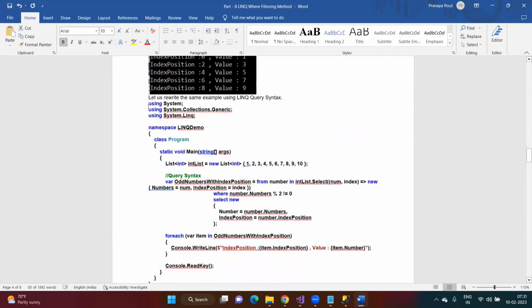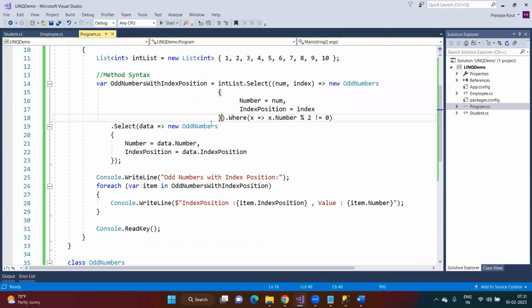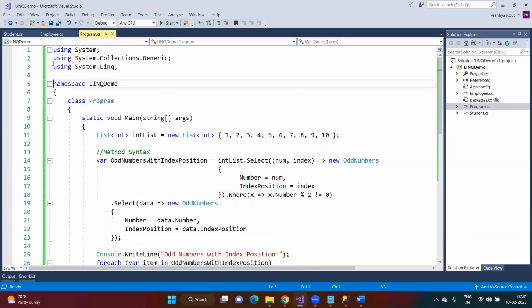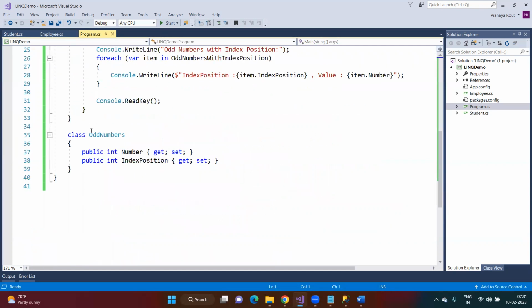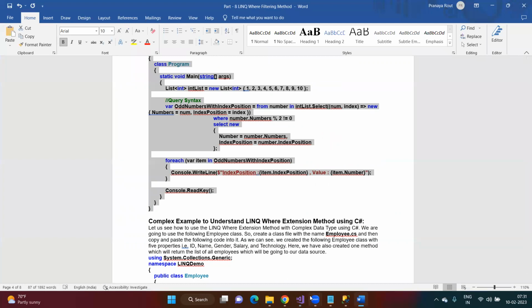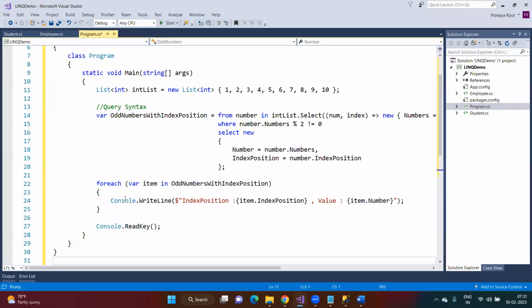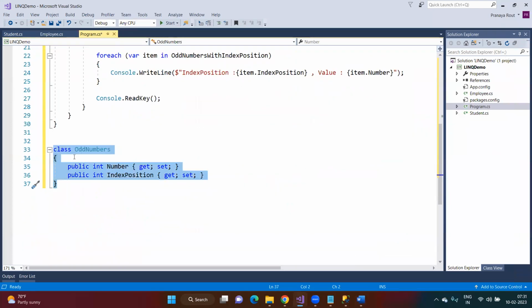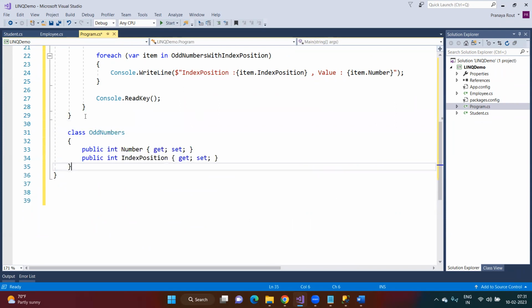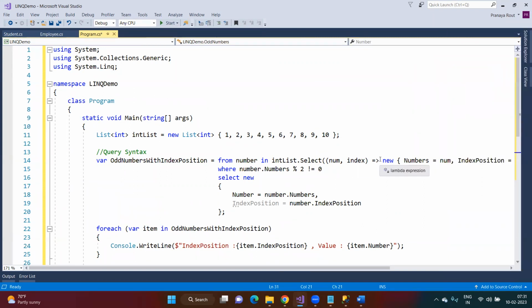Now even if you want, you can also write the same thing using the query syntax. Let me write this. This is the method syntax. Now I'm going to write the same thing using the query syntax. Let me take this to a different class. If you want, you can go with the anonymous type. If you want, you can create a class, right? So you can see from